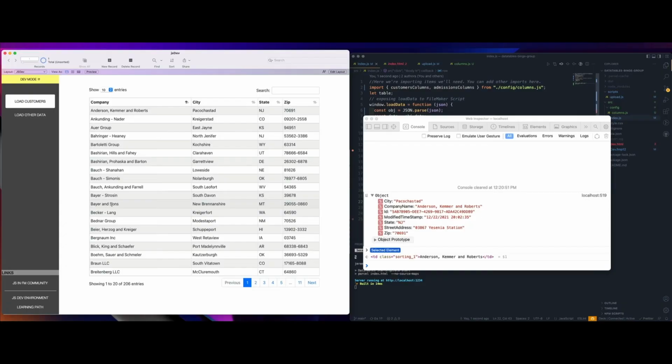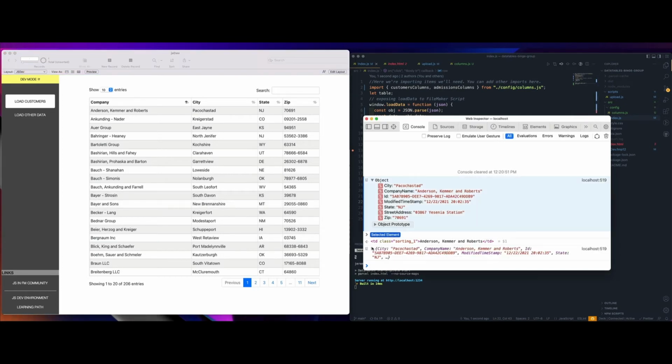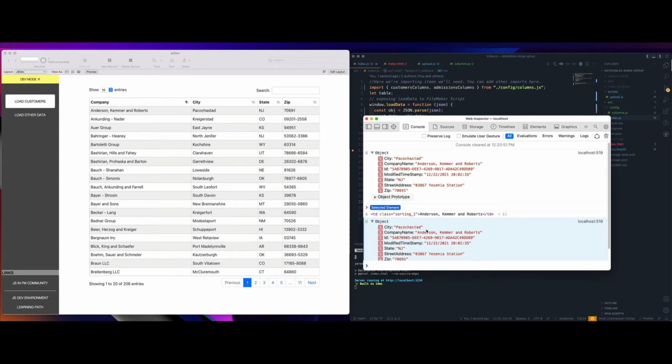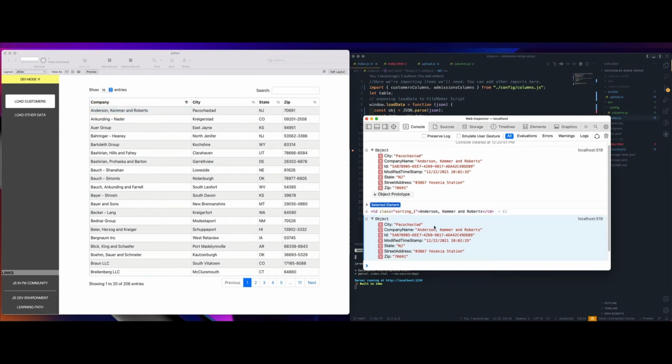Uh-oh, there's going to be a problem. I've clicked on the first row and I'm getting its correct data, but what if I click on a different row? What will happen? Let's take a look. So I'm going to click on this maybe 10th row down, and let's see what the console log provides. All right, so here is the row, and it looks like we're getting the same data as the very first row. That's because JavaScript doesn't know which row we clicked on really. It's going to just grab the first row of the table that we clicked on.